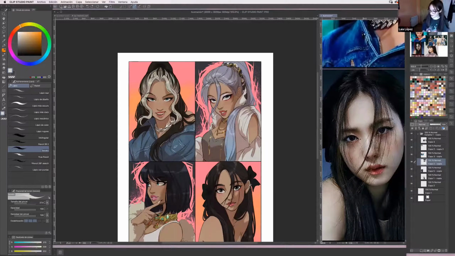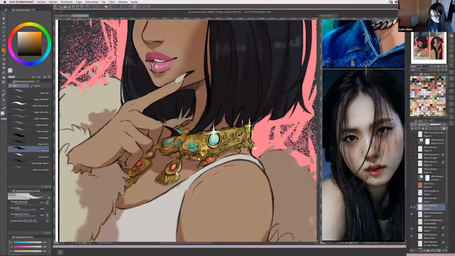None of this makes sense, and it's basically a mix of different shades of yellow, gold type. Let me show you. I used a darker base again and a lighter one, and then an even lighter one, to achieve this gold look, and then the same thing for the jewels.